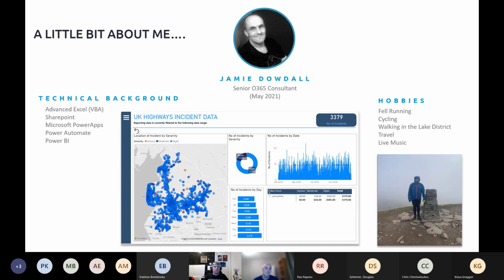I was a bit gutted when I heard InfoPath was going to be phased out, because it was my tool of choice and I was doing some really fancy stuff with it. And then Power Apps came along, so I had a go with Power Apps and started developing in Power Apps what I would have developed in InfoPath. I then started looking at Power BI. Sorry, I did look at Power BI before I started looking at Power Apps, but I was building quite a